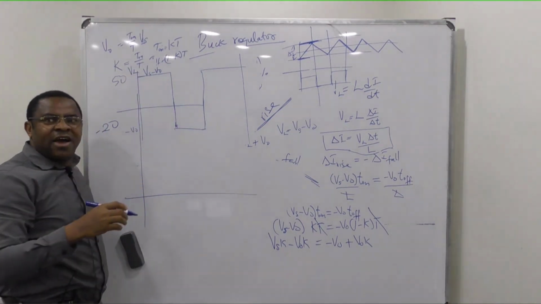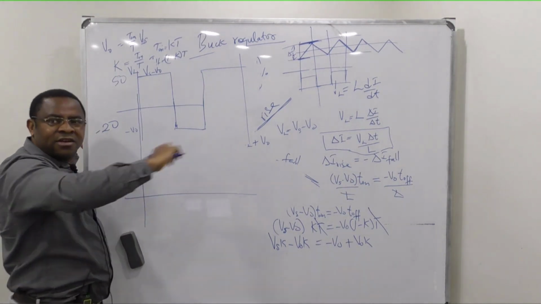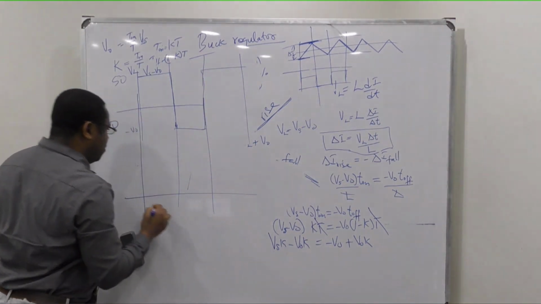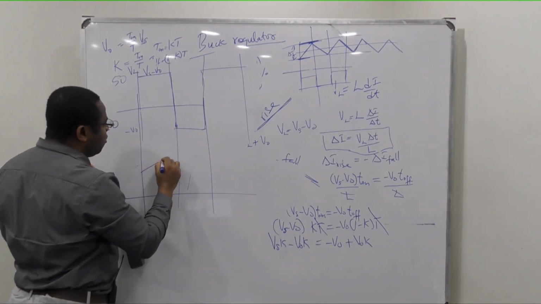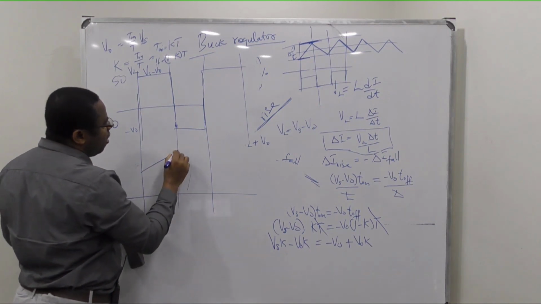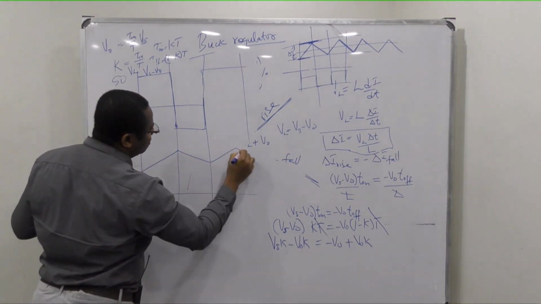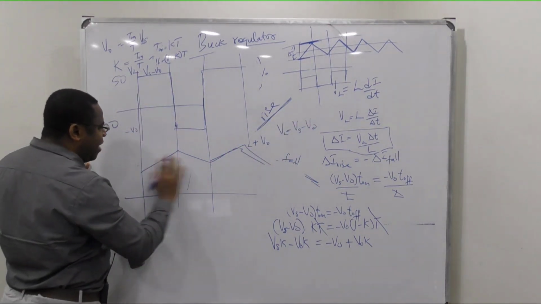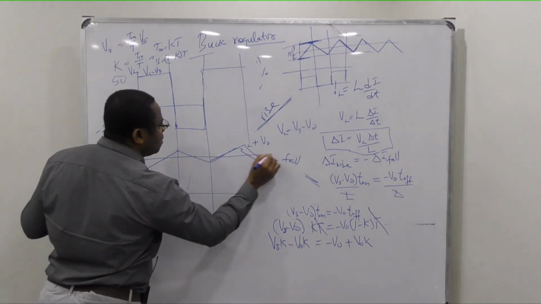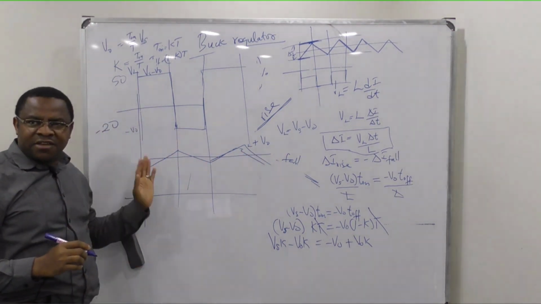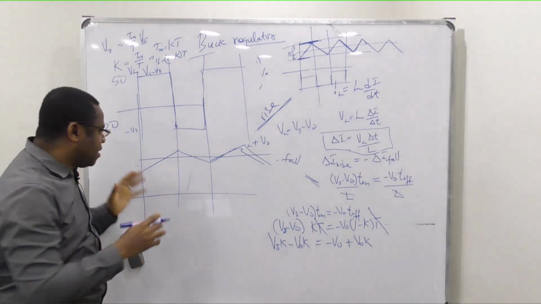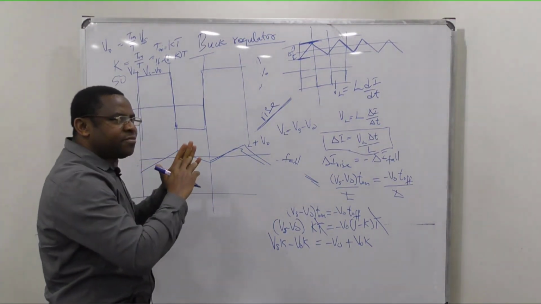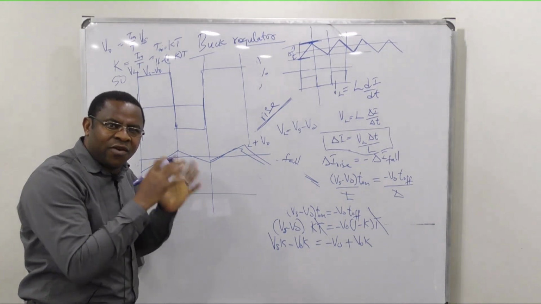So if we want to get now the current flowing across the inductor, IL. Remember we said at the time of on, what happens to the current? The current builds up. At the time of off, it goes down. On, like that. It goes like that. If I get the average value of this signal, it will give you the output current. Because we know that for a buck regulator,